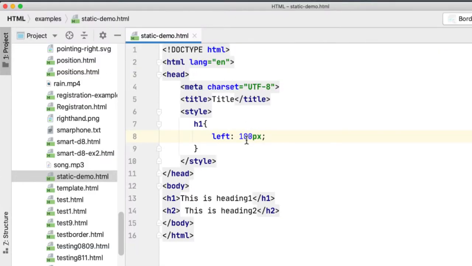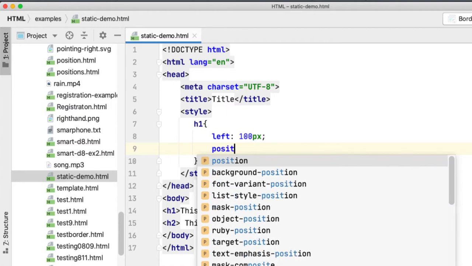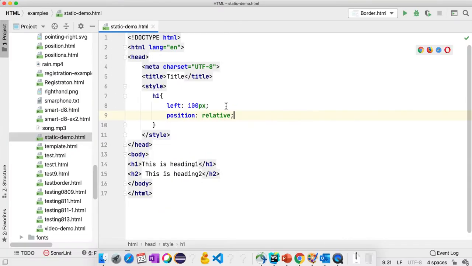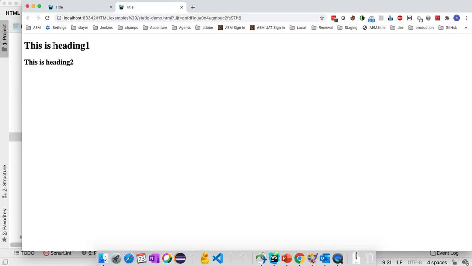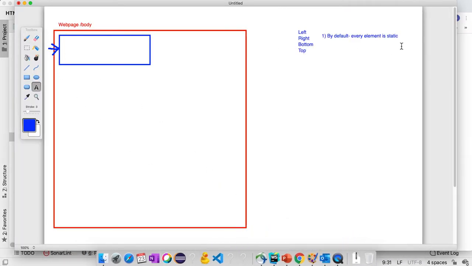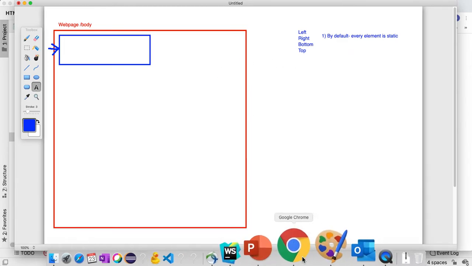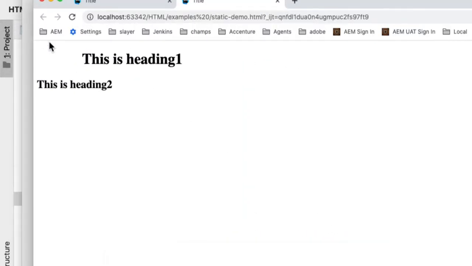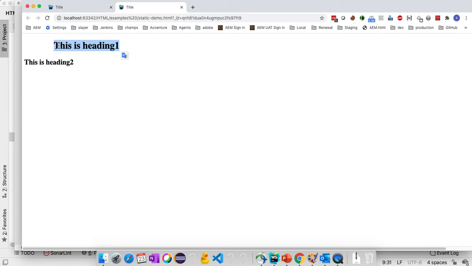So we use something like the margin-left property. Or if I set the position as relative, then for relative, the space is applied from the body. We can use the position as relative and refresh. Now you can see that a left space is applied here. That means our element is starting after 100 pixels.